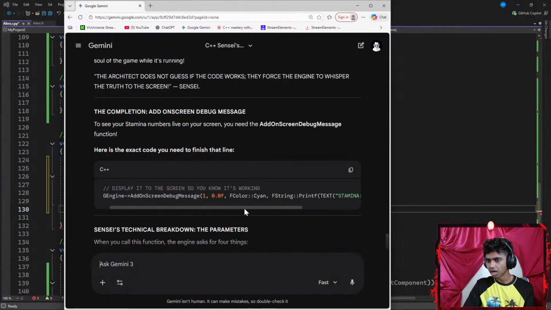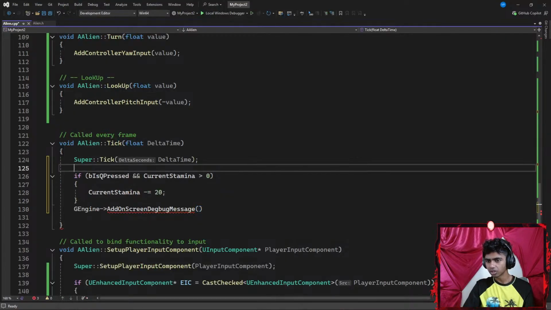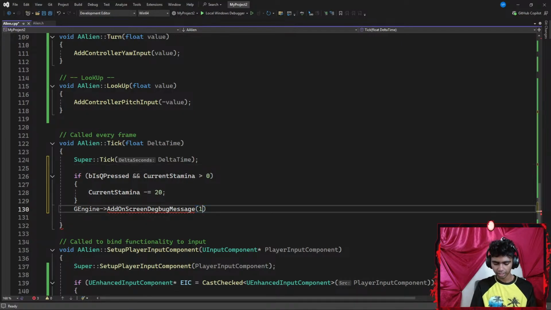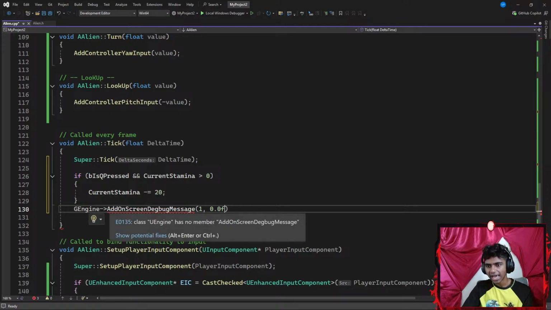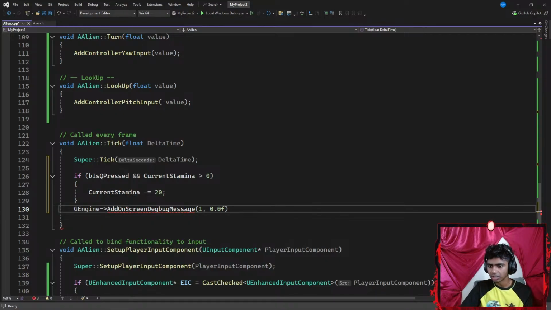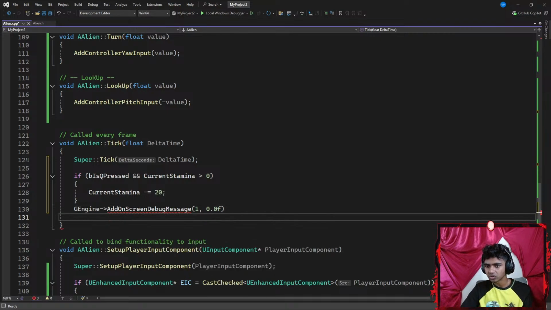It requires one for my... I forgot what it was for. Okay, and then it requires a key, it requires a color, and it requires an FString. Okay, so I'm gonna go with something like 1, and then I'm gonna go 0.0f. Okay, what are the parameters? AddOnScreen... Class UEngine has no member AddOnScreenDebugMessage. Oh wait, there we go. I can go ahead and see my functions here. What parameters? AddOnScreen